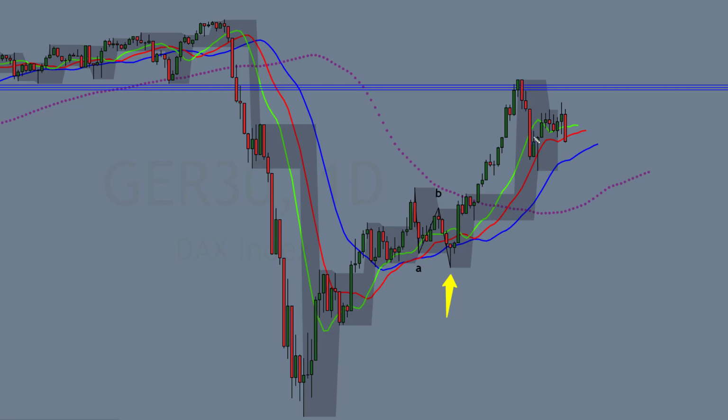Now I published a 2-minute video which I will link in the description. I talked about this move up, and this morning I had this idea that this could be what we call a B trap. Now the reason I call it a B trap is similar to this. So when the markets go up, right? So when they make those strong moves up there, and then they're hit by those